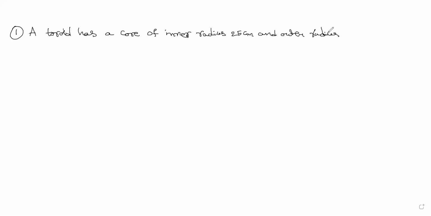So the question is like this. A toroid has a core of inner radius 25 centimeter and outer radius 26 centimeters. They will give two things like this. If they give like this, you have to take the mean of the radius, around which